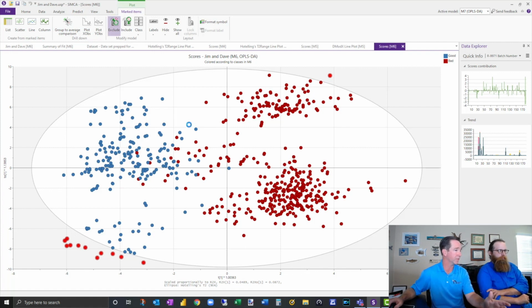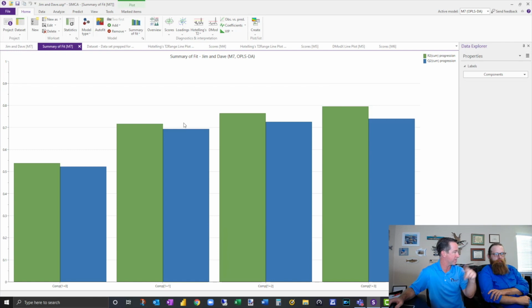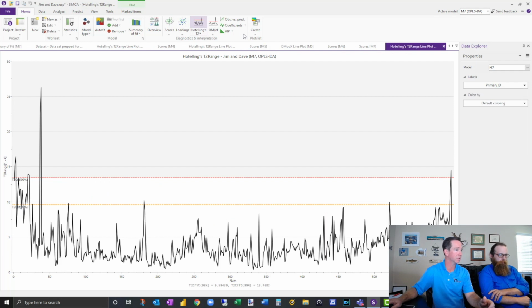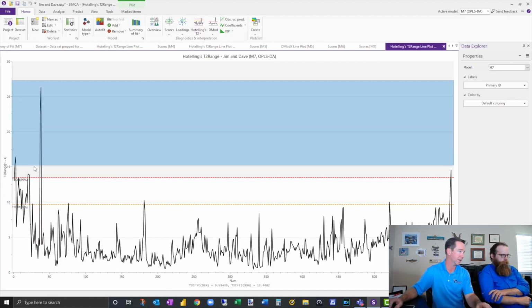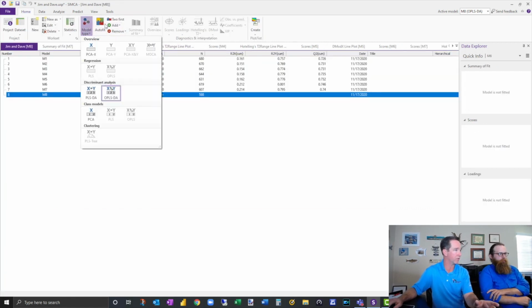What we already know about January is their airflow was really high because they had a sensor problem. We already know that because I've already run this model. That was one of the main reasons why that set of data looks so different. All right, so let's look at the scores here. We've got some new outliers and a new Hotelling's because we reran the model. You can do this ad infinitum, but the reality is you're trying to get good data, things that are not going to throw your model off.